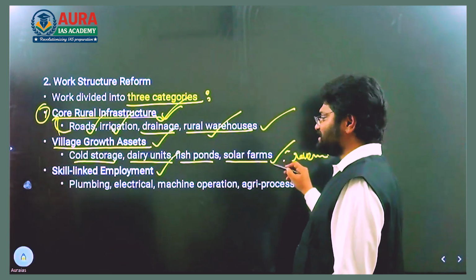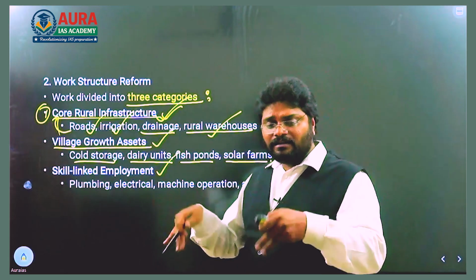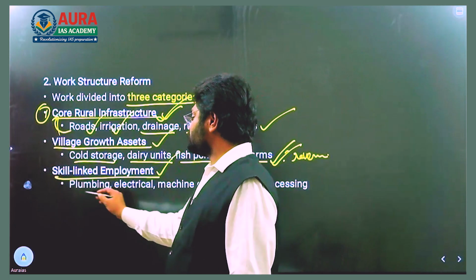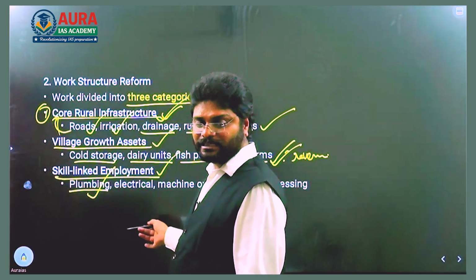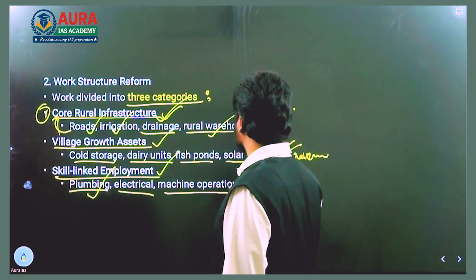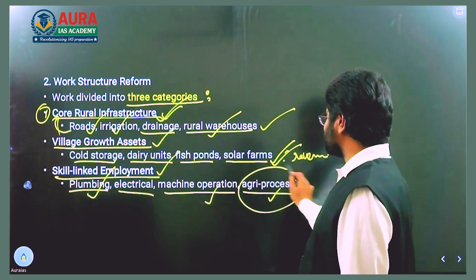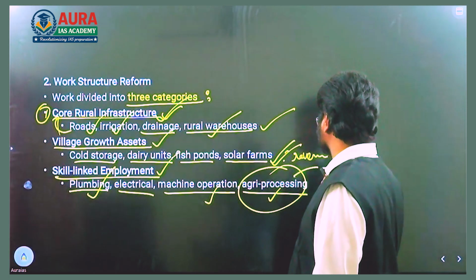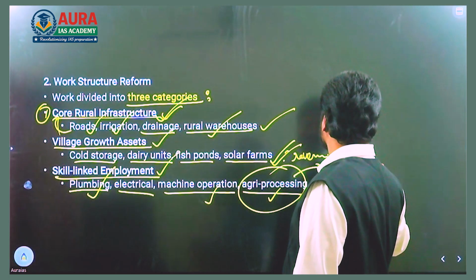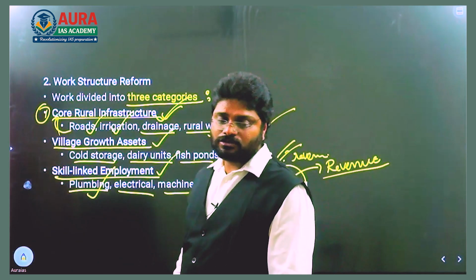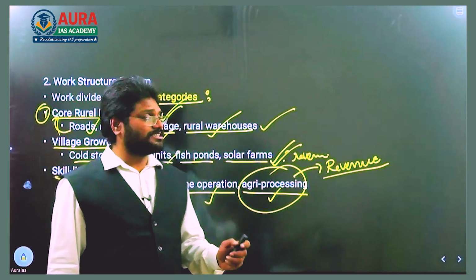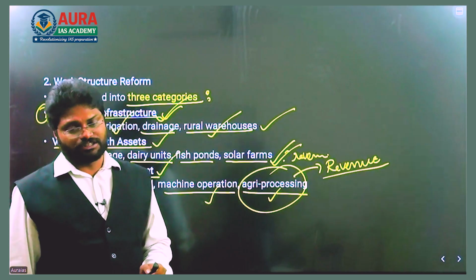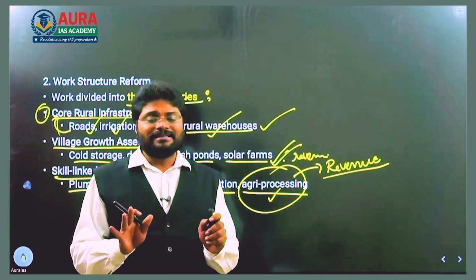So the first category, second category, even the third category, all these we call assets because they are generating revenue. Skill-linked employment: the households can take up plumbing activity, electrical activity, machine operations or agri processing. So agri processing industries could be set up under this new act. These industries generate revenue, and this revenue is used by the villagers, that is, the Grama Sabha. So this is how asset creation is the major aim of the VBG Ramji Act 2025, not merely providing a wage